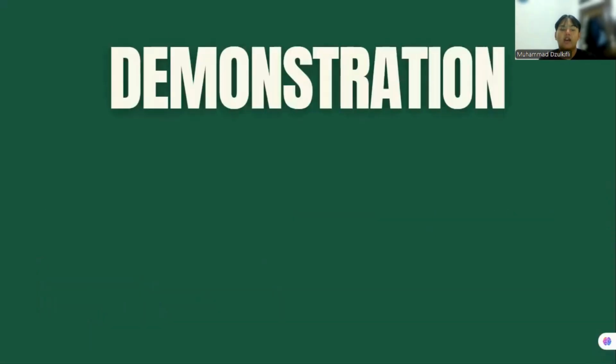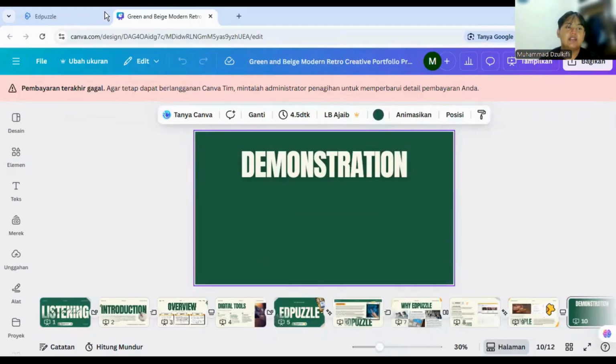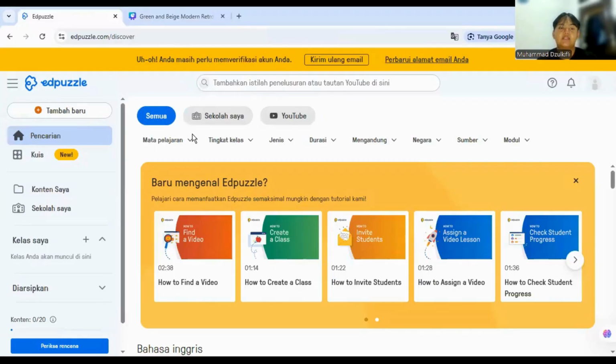Okay, so I have a demonstration, so we can move to the application from Edpuzzle. This is the dashboard or homepage when you just log in as a teacher in Edpuzzle. It also has so many tutorials.